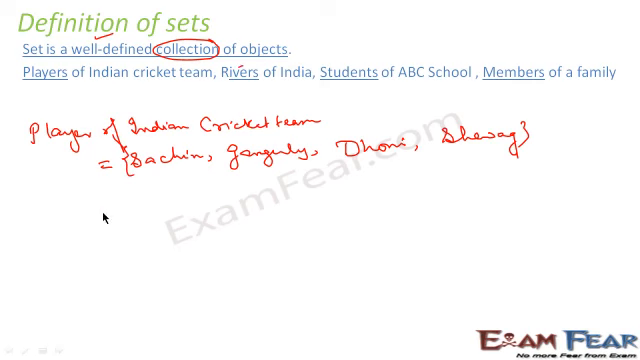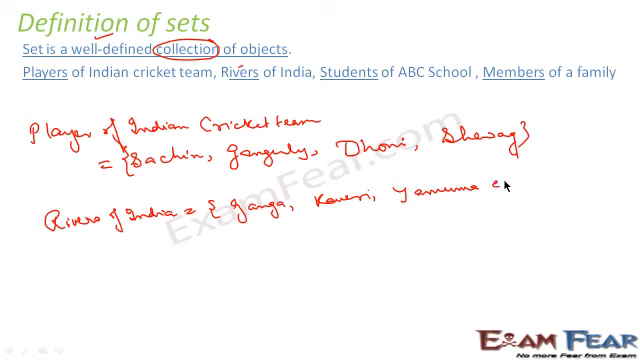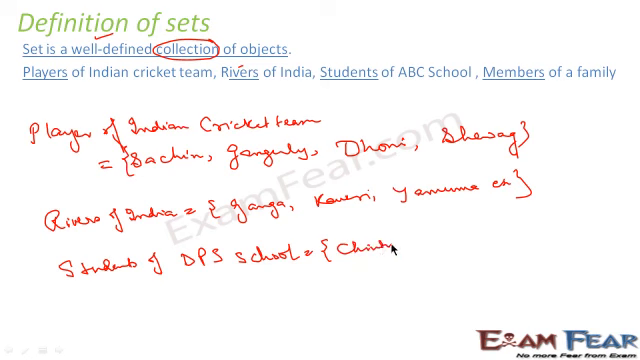Similarly, when I say rivers of India, I can say this will include rivers like Ganga, Kaveri, Yamuna, etc. So these are all set of rivers of India. Similarly, when I say students of school ABC, let's suppose I say students of DPS school. So these are the students of DPS school. This can have students like Chintu, Anand,